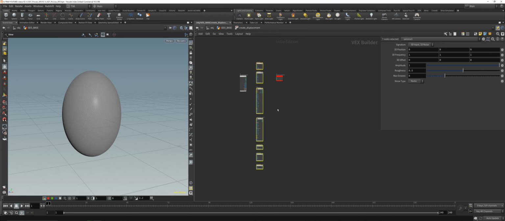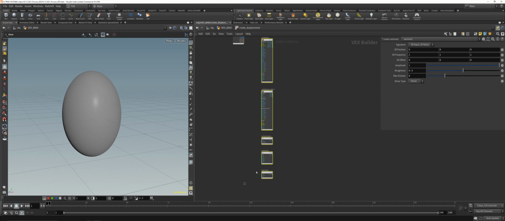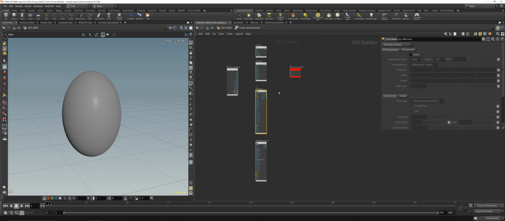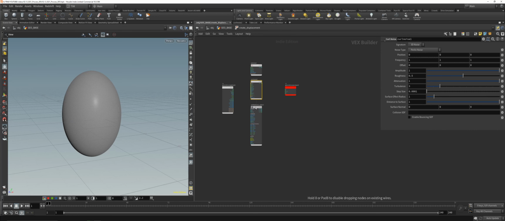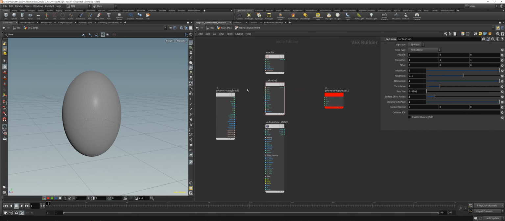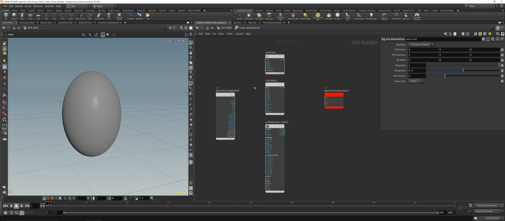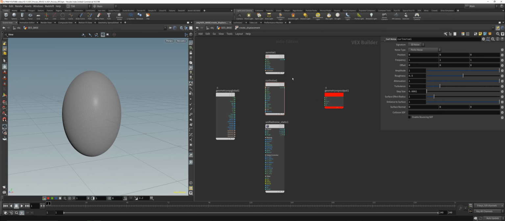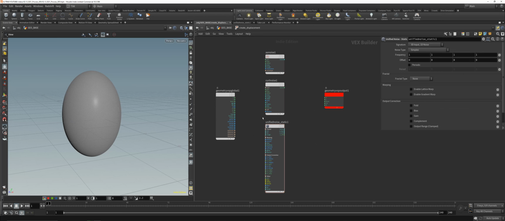So you can choose between a variety of different noises of course. I think the most common noises you will use are the anti-aliased, curl noise, maybe the flow noise and the unified noise static,